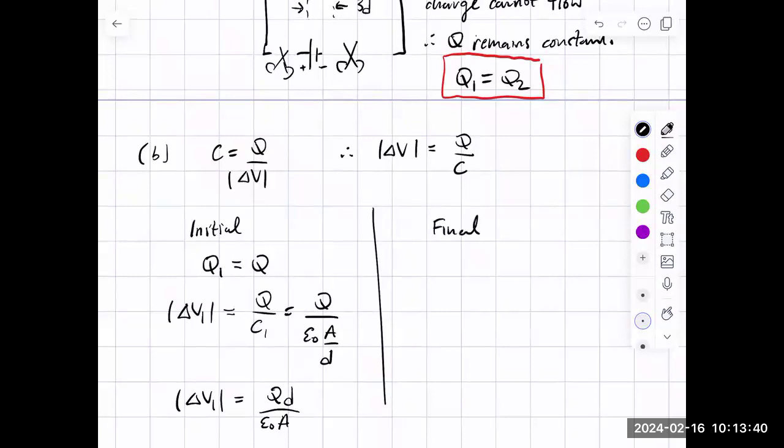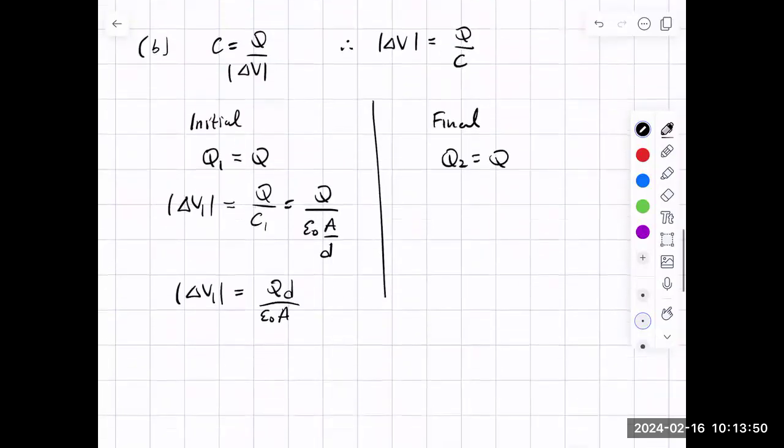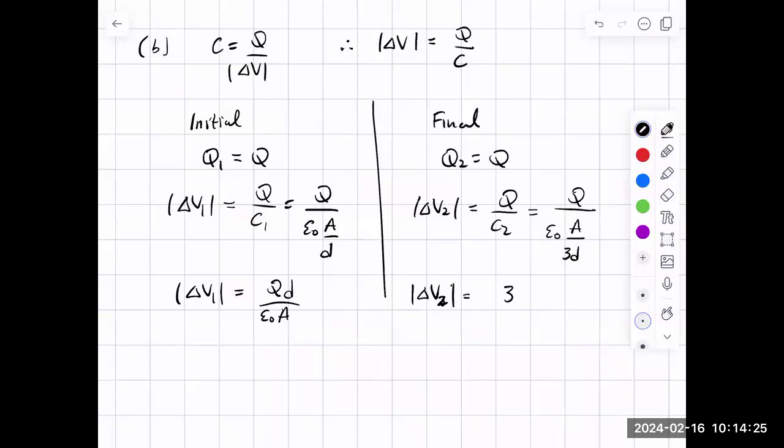All right. So final, everything's exactly the same, except for one little thing. Q2 is just going to be Q. Charge is always the same. And delta V2 is going to be Q over C2. And C2 is epsilon naught A, and here's the only difference. The only difference is now the plates are 3 times further apart. And so the distance between them is 3 times D. So what we end up with is delta V2 is equal to 3QD over epsilon naught A,